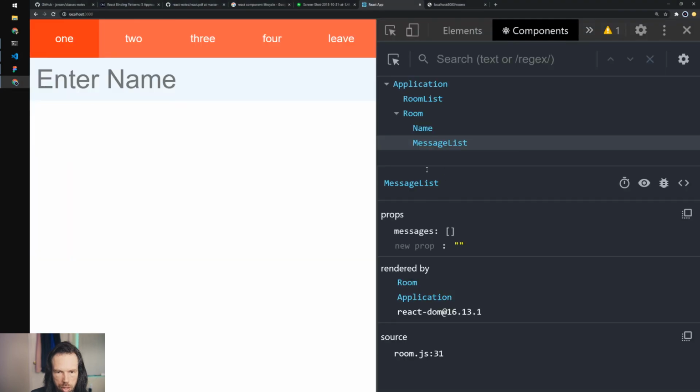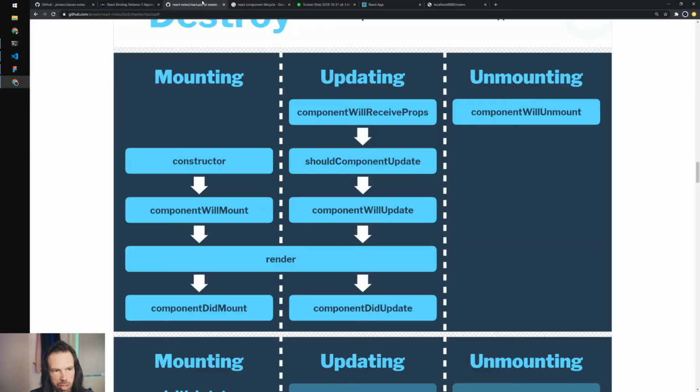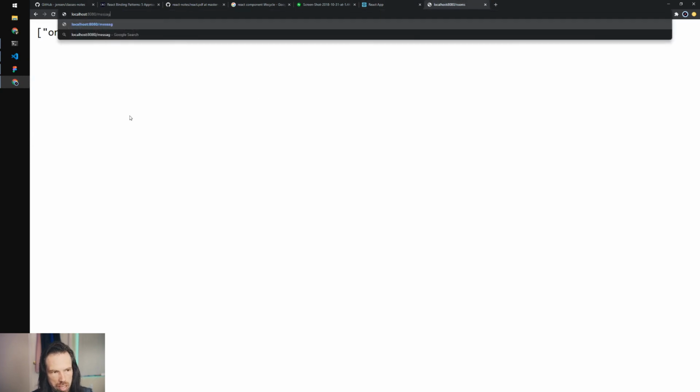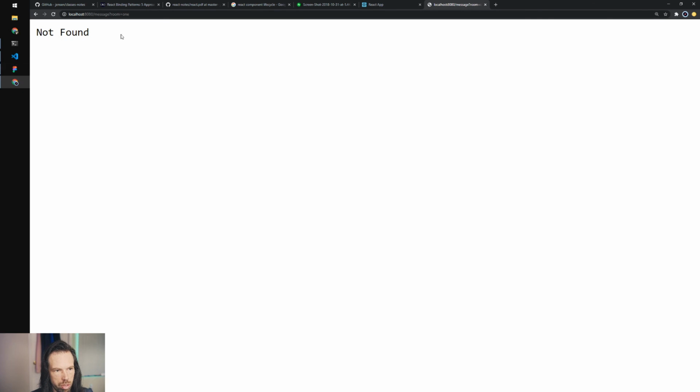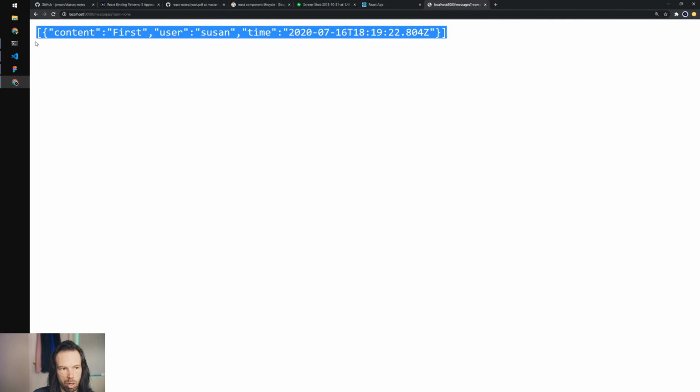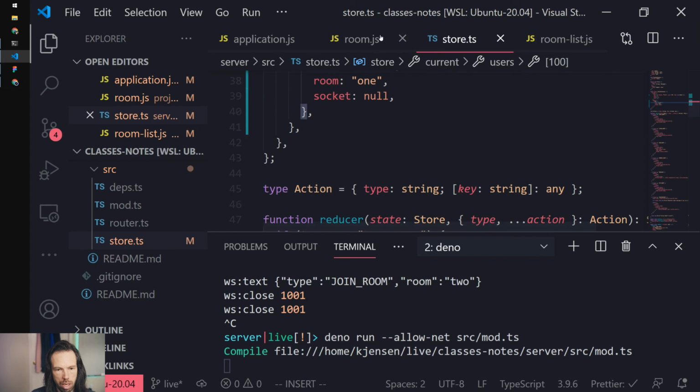So now what I need to do is actually check to see if I've got this list, which is going to be messages, and then I put a room at the end of it. There we go. So now my /messages question. I'm putting a query string onto the end of the URL, so that I tell it which room I want the messages for, and this is the array of messages that I'll get back when I do that. So now if I go into my component again,